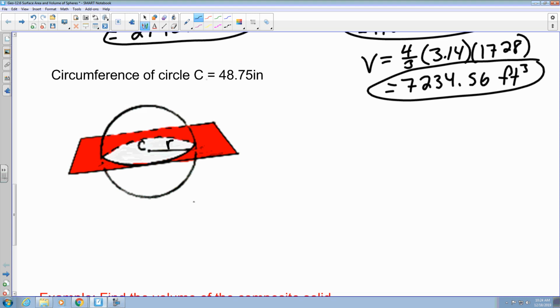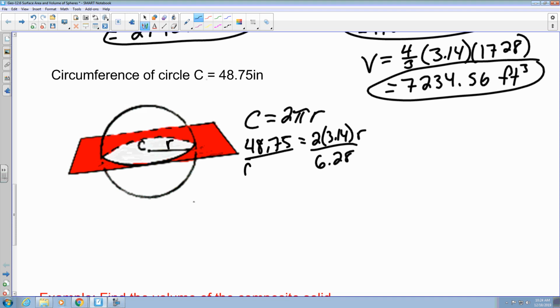So in order to do that, they're telling us that the circumference is 48.78. We know that circumference of a circle with respect to the radius is 2 pi r. So we can say that 48.75 is going to be equal to 2 times 3.14 times r. So 2 times 3.14 gives me 6.28. What I'm going to do is take 48.75 and divide it by that 6.28. So I'll just go 6.28 here, 6.28 here. And I get a radius of about